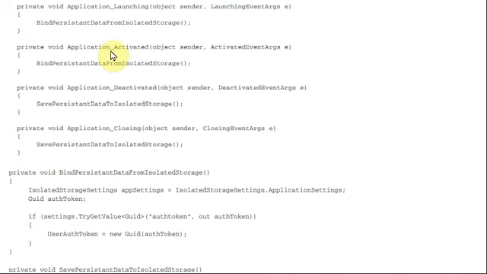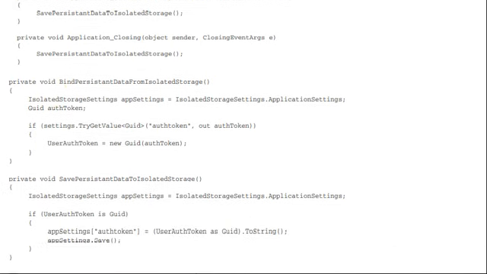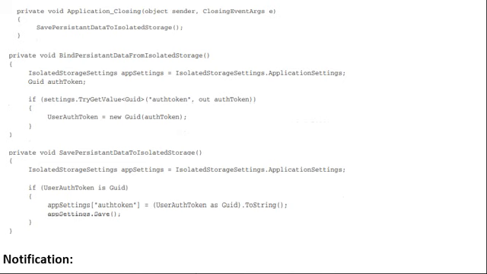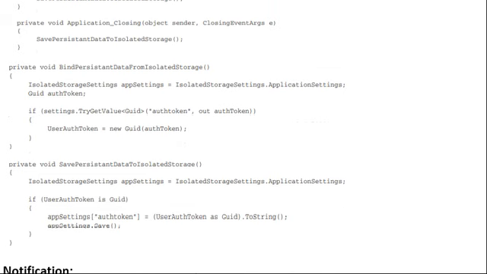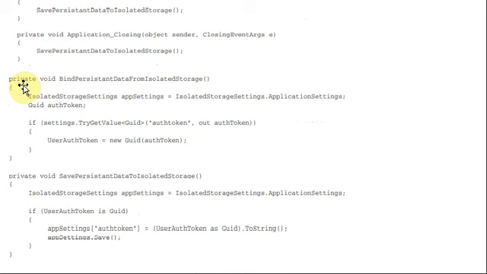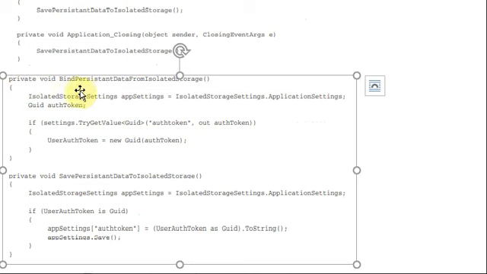Now we'll see these functions, bind persistent data from the isolated storage, and next one is save persistent data to the isolated storage.